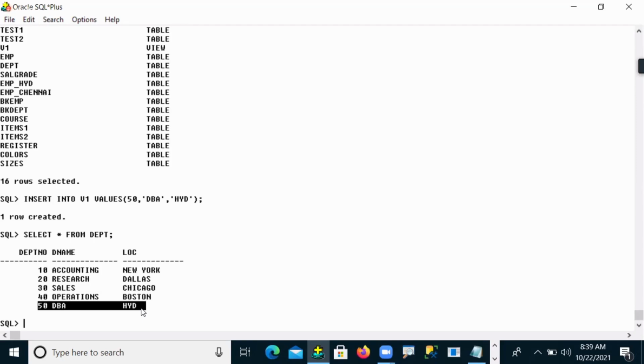Yes. So we are inserting through the view and the data is successfully saved under our physical object, the DPT table. But how does the user know that? How does the user know that the data was successfully inserted into the base table?